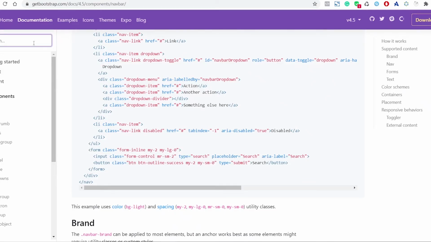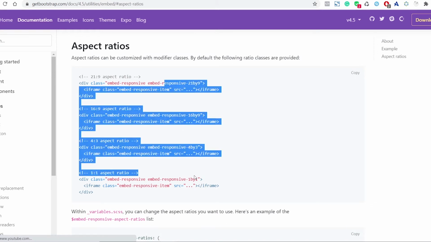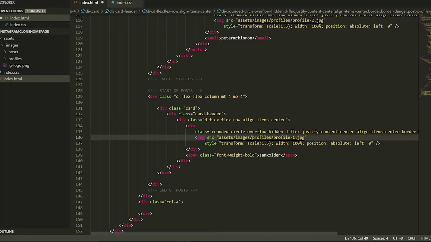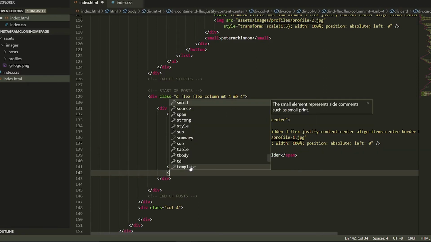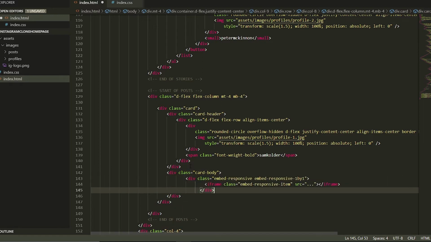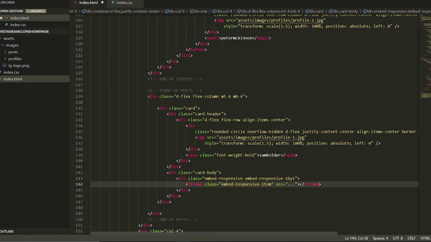an aspect ratio class that Bootstrap has. So I'm going to search for aspect ratios, and here we can see all the different aspect ratios, but for now we just want to use the square ratio. So let me see where the card ends. Here we are going to add our class of card body, and inside here we paste the information of the aspect ratio class from Bootstrap, and here we are just going to change this. Instead of iframe, we're going to use image, and the source is going to be